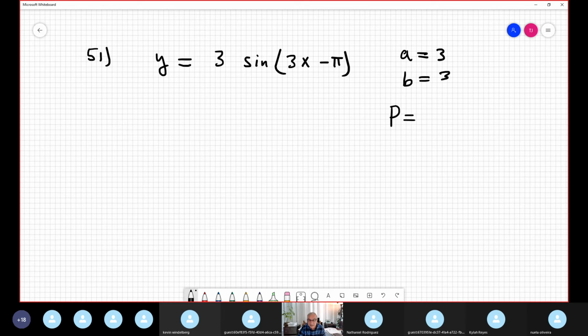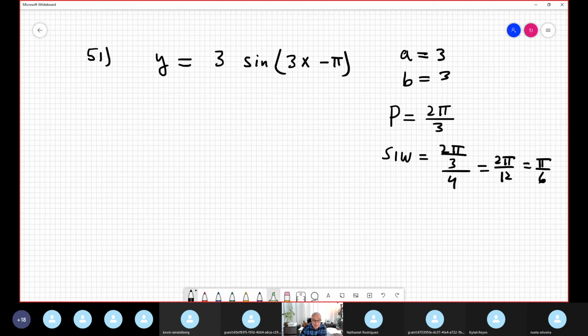Period calculation is 2 pi over B, which is 3, so 2 pi over 3. And the subinterval width, the famous 4 points or 5 points we need to complete the period, is 2 pi over 3 over 4, which is 2 pi over 12, which is pi over 6. Okay, is this information enough? I think no. The most important thing when you have phase shift is to take this expression